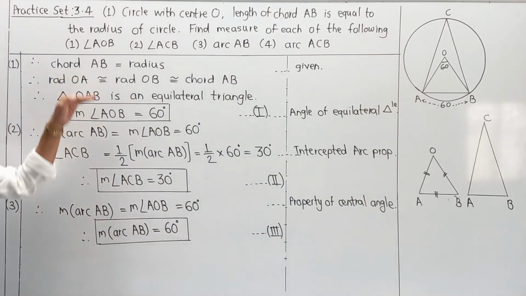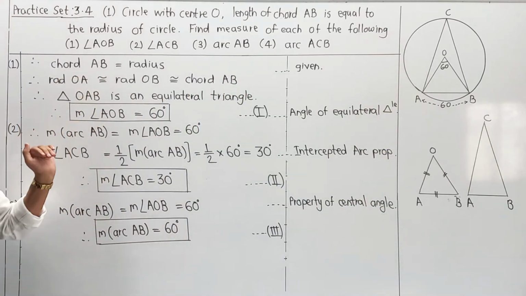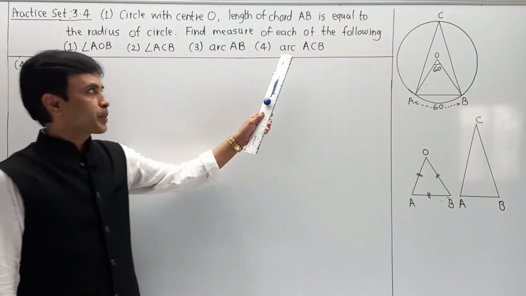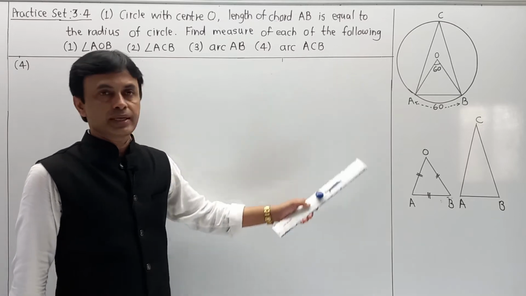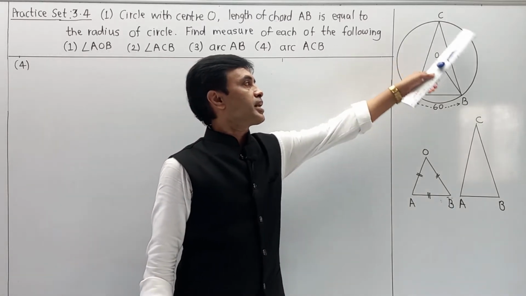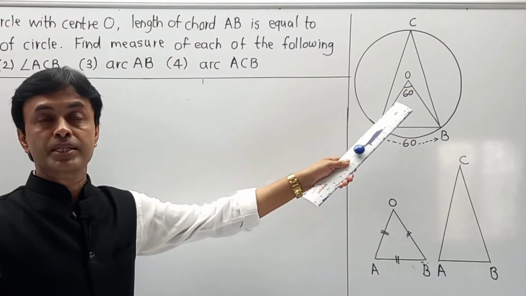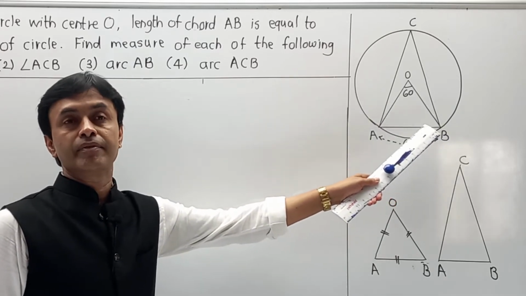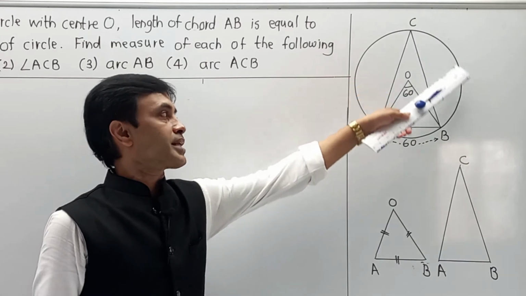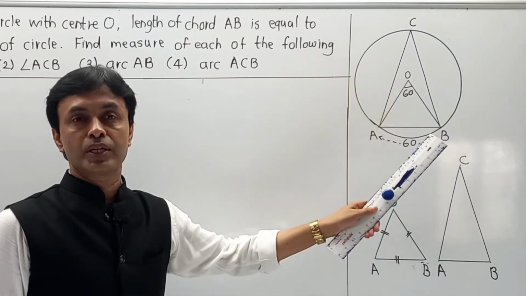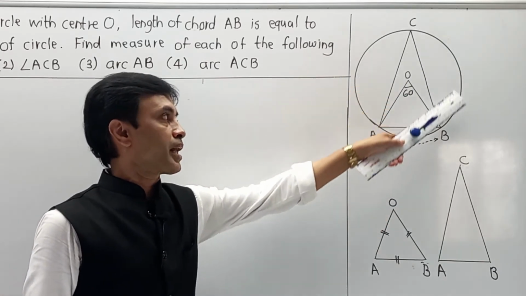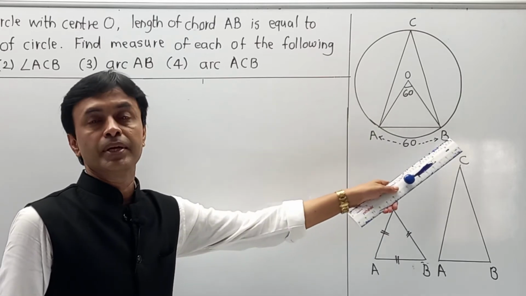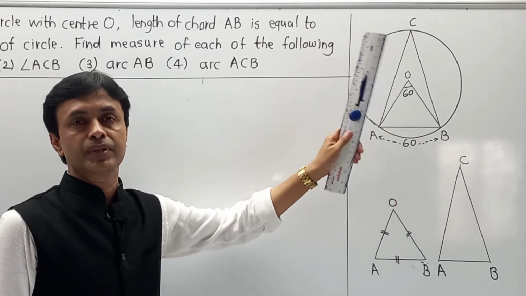Now we have to calculate arc ACB. Student, I am going to rough all these three parts, and I am going to write the last part, the fourth one, over here. Now our fourth part is arc ACB. We are interested to find the arc ACB. From this diagram you can observe that arc AB is already 60 degrees, which we have found, and if we add this arc ACB, that will become the total circle. Means major arc ACB plus arc AB is the total circle, and that becomes 360 degrees.